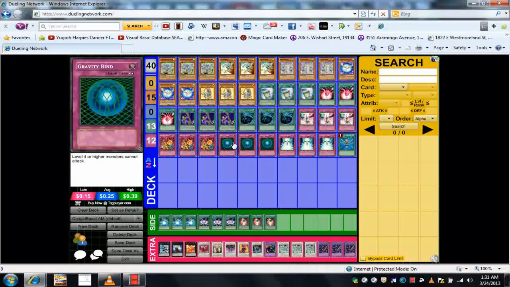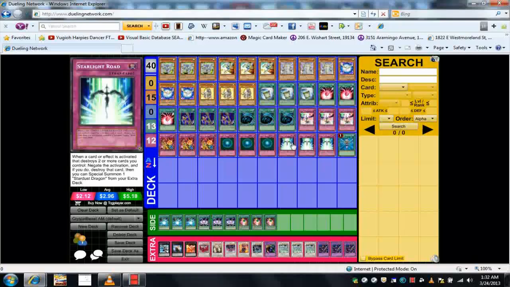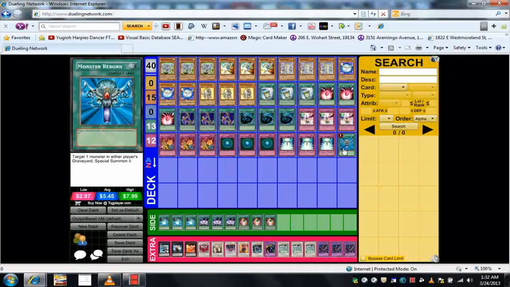I don't want to use red screen, costs too much life points. So sometimes my opponent stalls, and I could lose from the effect alone. Starlight Road helps protect Gravity Bind and my monsters and whatnot. Plus it lets me get Stardust out pretty fast, so I can assault mode and just bang, have my boss monster already. Monster Reborn, since I mainly want to keep Gravity Bind on the field as long as possible,